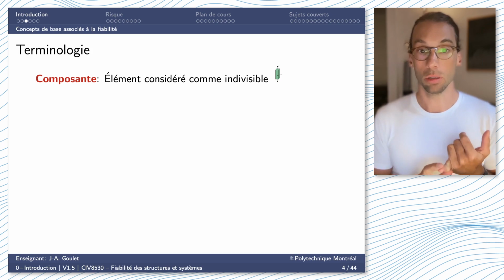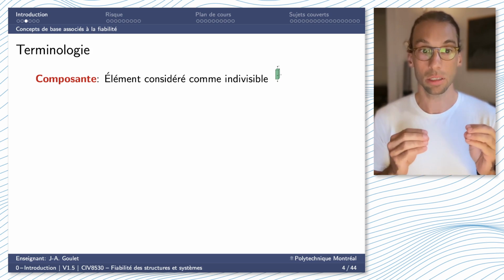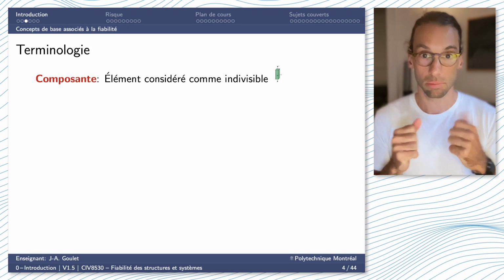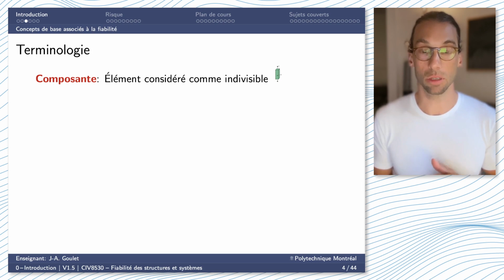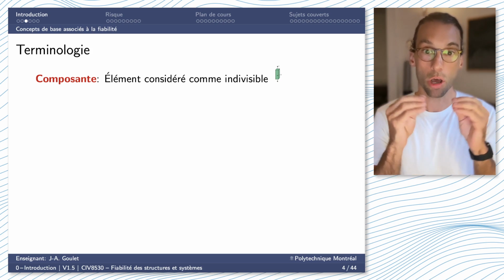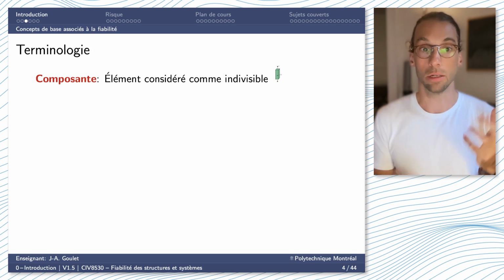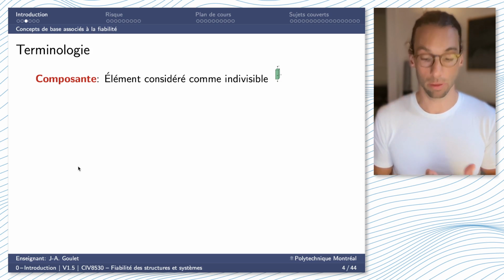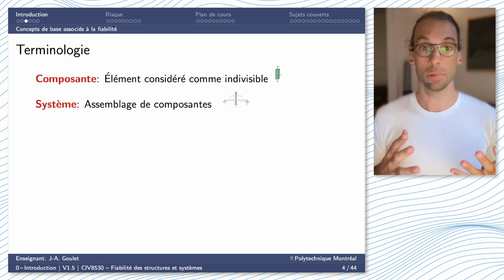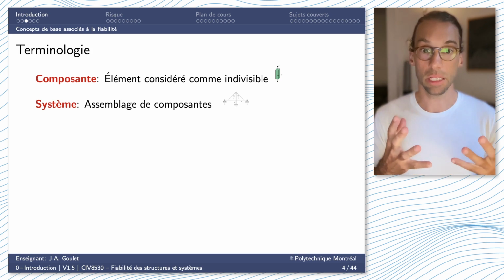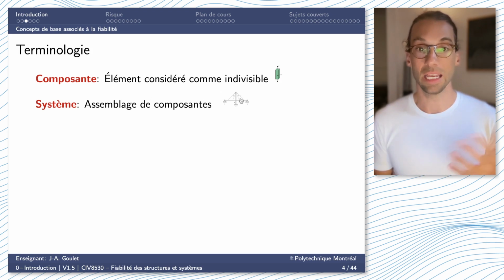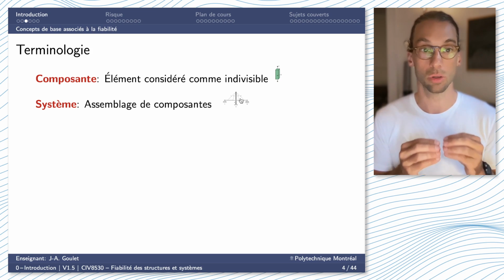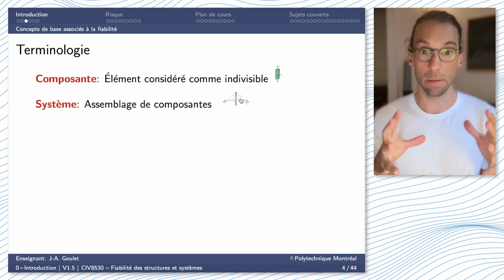What is a component? A component is going to be a single element considered as indivisible, that cannot be further split down into smaller elements. So imagine a truss, one element, one bar in a truss would be a component. Then we have a system. A system is the assembly of multiple components. So you can imagine that little bridge here, each element, so each component, would be assembled to make a larger,